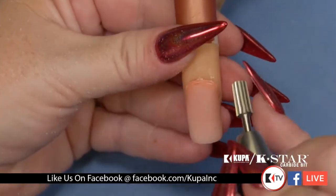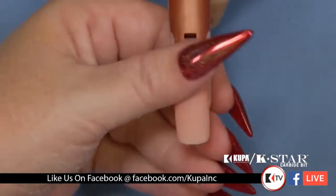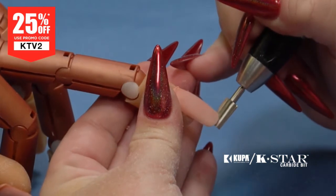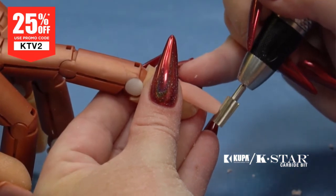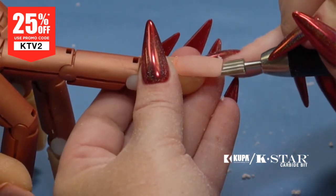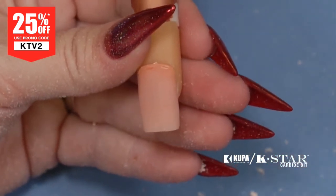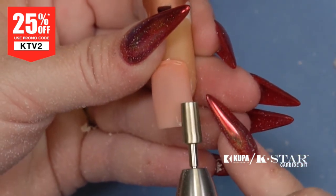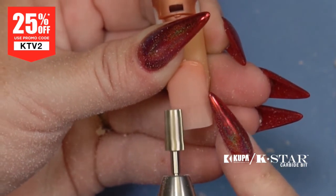Of course, it goes in both directions if you're left-handed or right-handed, as the previous bits did. You can do the cuticle, you can do the side, over the top. This also, you can do the shape and shortening. And the head of the 5-in-1, while the bit itself tapers smaller towards the top, is sharp. So as you see, after she cleans underneath the nail, she's able to cut a smile line with this bit just as well as she was able to cut a smile line with the barrel bits. So really, so far, the difference between our two barrels and this bit is the tapered shape and the addition of the